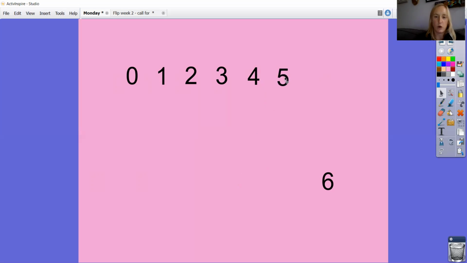5. And what is 1 more than 5? 6. Superb. So let's have a little look and let's say these numbers. So 0, 1, 2, 3, 4, 5, and 6. Fantastic. So if we were thinking about using some of the terminology we've been using last week, if we looked